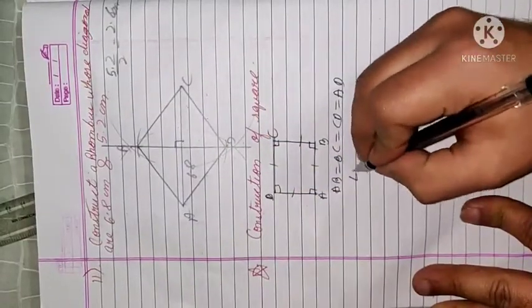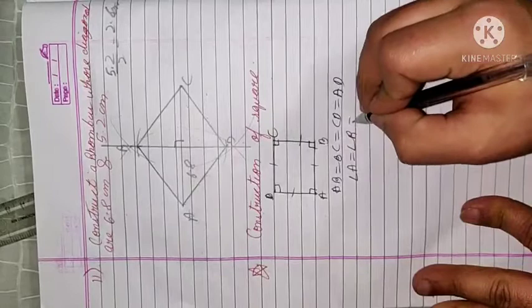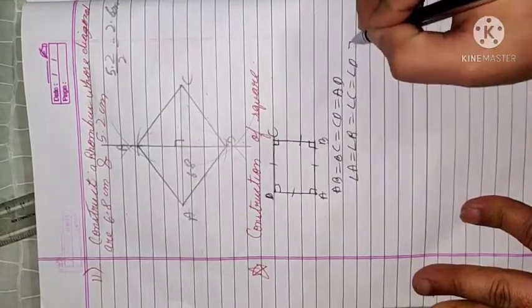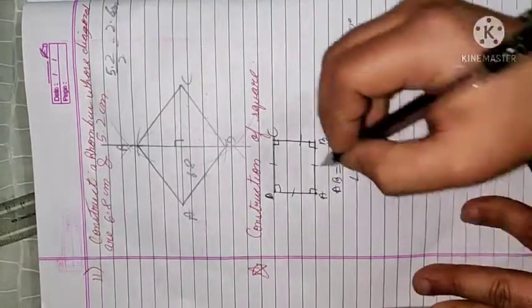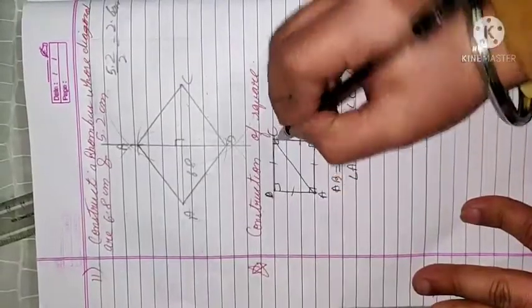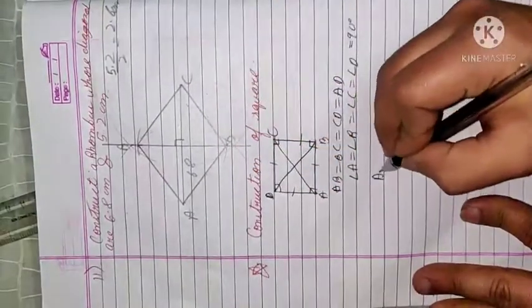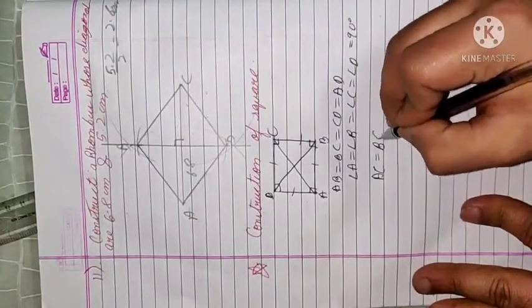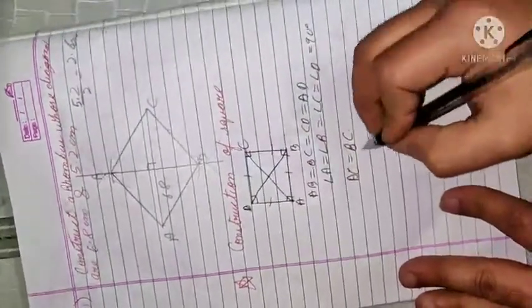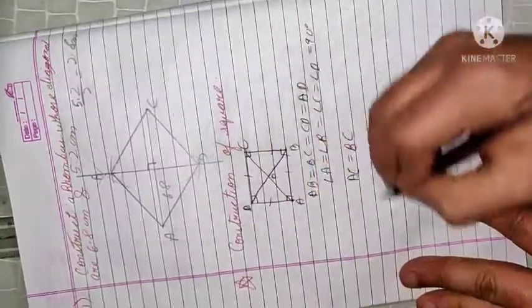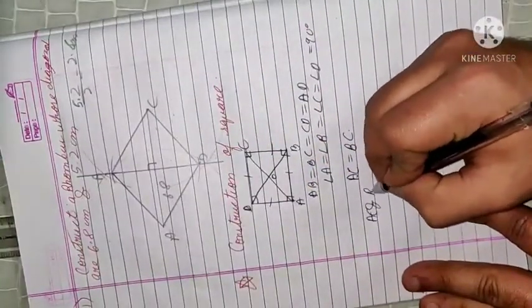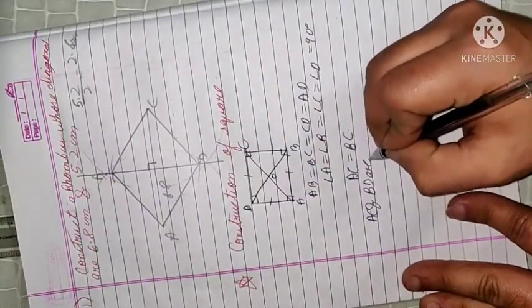Angle A equals angle B equals angle C equals angle D, all are at 90 degree. And the diagonals AC and BD are also equal, AC equals BD, and AC and BD are